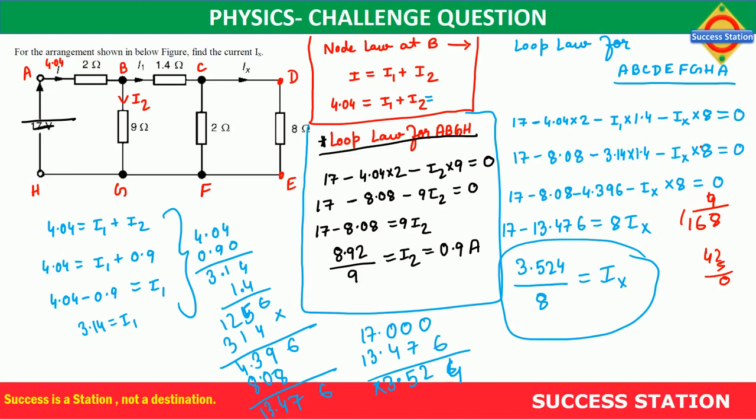So we learned the loop law, we learned the node law, and how to apply them in questions, this is how it has to be done. I hope with this one question you will be able to understand and solve many questions. This is one kind of question which can cover many of your concepts. So why is this called a tough question? It's not actually a tough question. It is, as I have told you previously, the voltage drop concept, just an application of that concept.